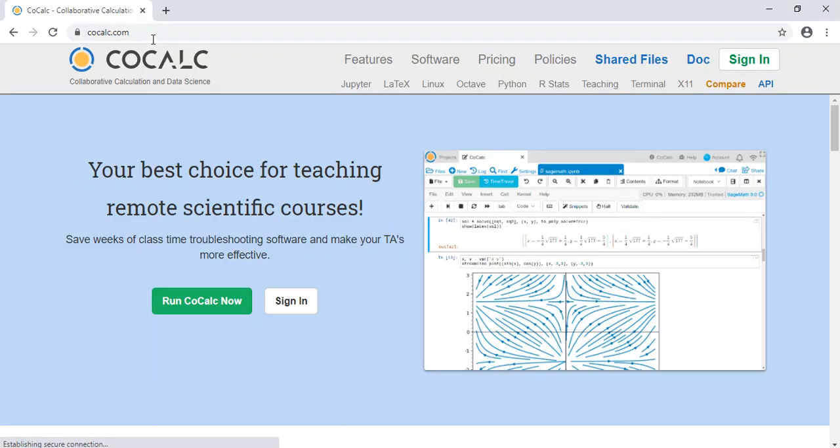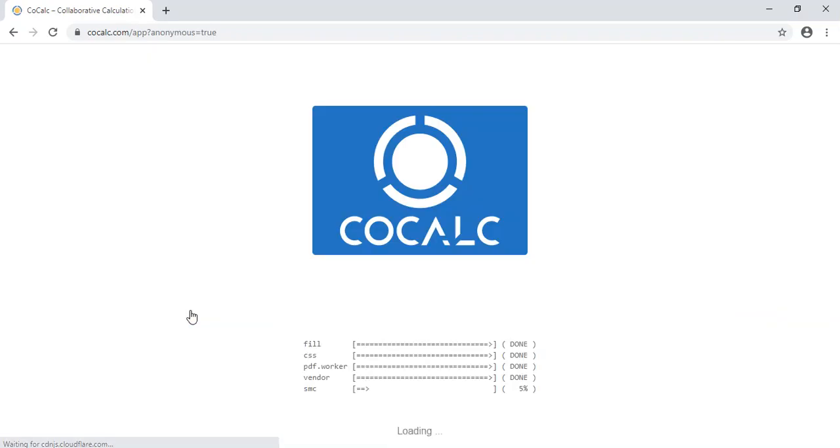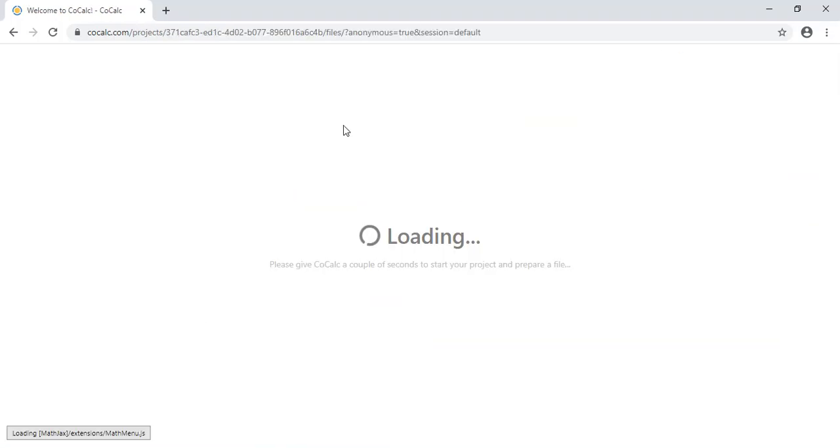C-O-C-A-L-C dot com. And as you see, it's a website that's designed for kind of math with software. You can teach classes with it, etc. I'm just going to go to run CoCalc now. You can make an account if you want, but no need. So I'm going to run CoCalc, and it's going to take a second to load, but you'll see there are